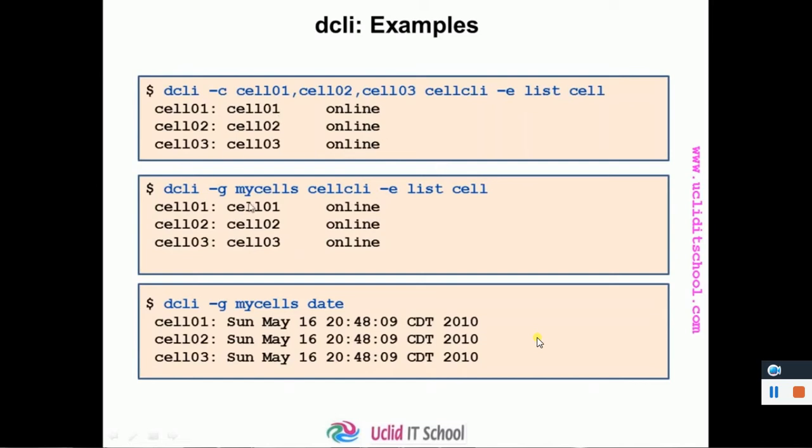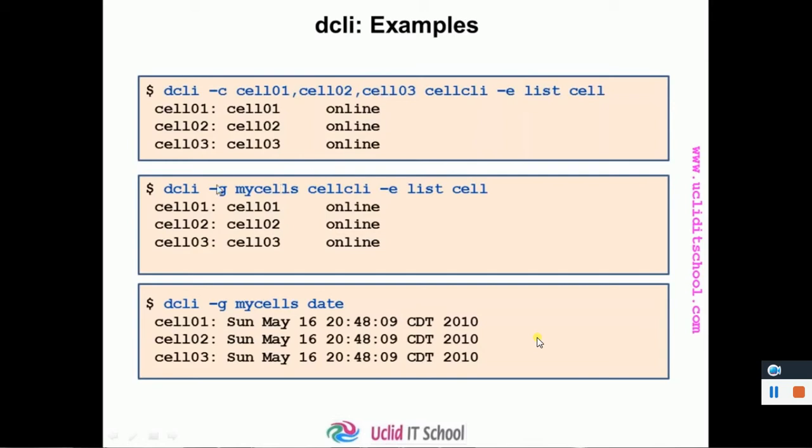Then the second example uses a group file whose name is mycells. Instead of typing the cell names every time on the command line, you can create a group file, and this file will have the names of all the cells.